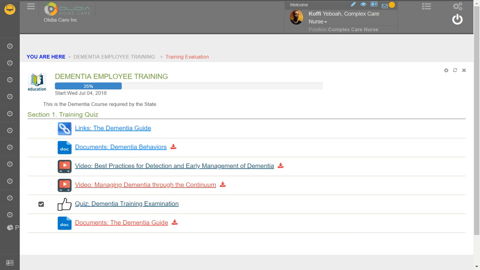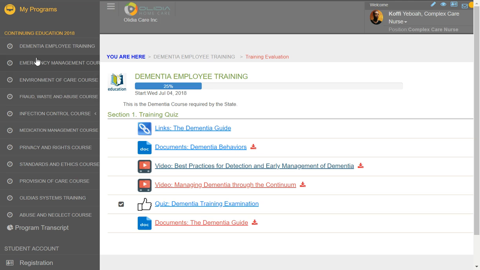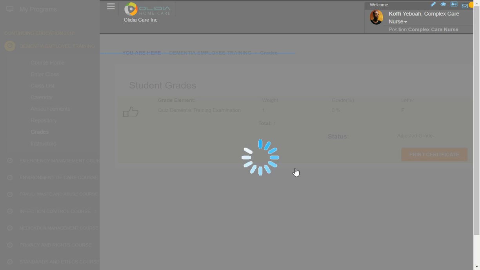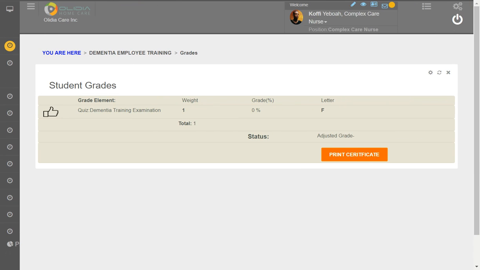You can take the exam as many times as you want, as often as you can, and when you complete the exam, you can go back to the course. You can see your grades, and if you pass, you can print a certificate, which is very nicely made. I was testing this one and actually failed before. You can show it anytime for CEUs, so we make sure you get all your CEUs required